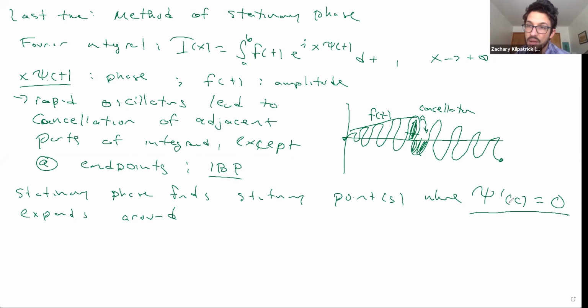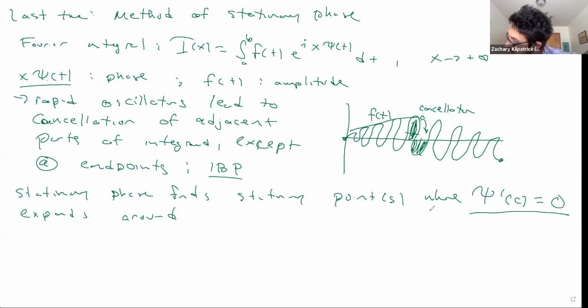But if you have points where phi prime of c is equal to 0, that's going to be sort of the frozen points of your exponential, and therefore the primary contributors to your integral in this case. And the integral that comes up often in this case is going to be the integral over e to the i z squared dc. Okay, so